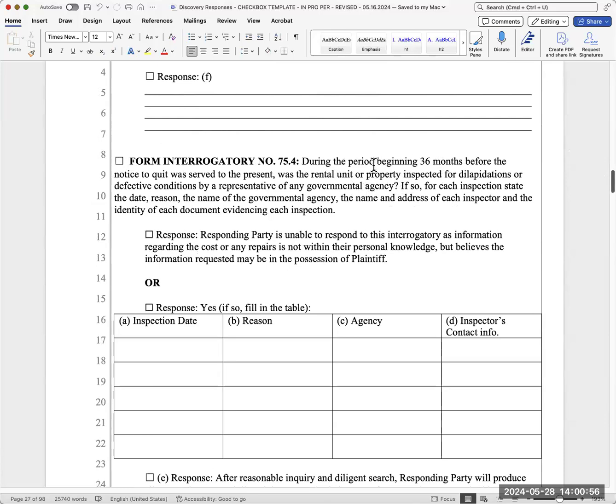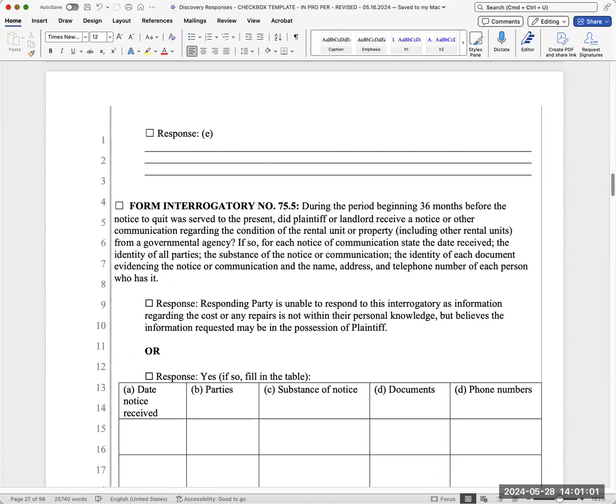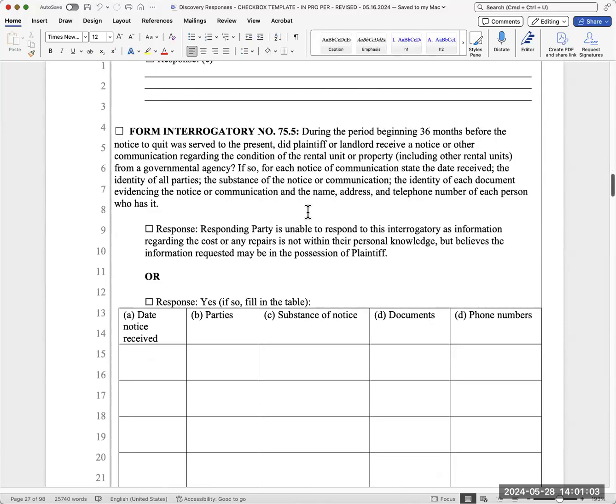Was the property inspected? That's what this question is about. This question is, was there any violations cited? Did the government agency give a report that said that something needed to be fixed? And so,